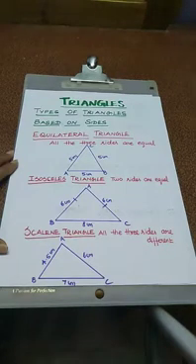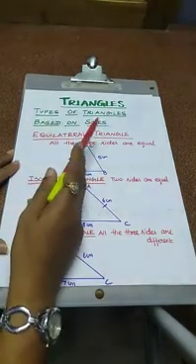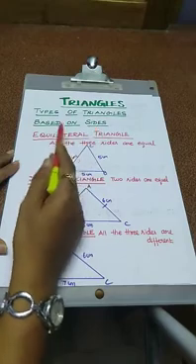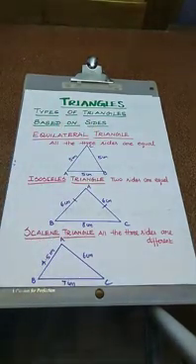The next one is triangles, then types of triangles. Actually, what is a triangle? A triangle is a three-sided closed figure. It has three sides, three angles and three vertices. Now we are going to discuss types of triangles. Here, classification of triangles means it is based on sides and also based on angles. First, based on sides.